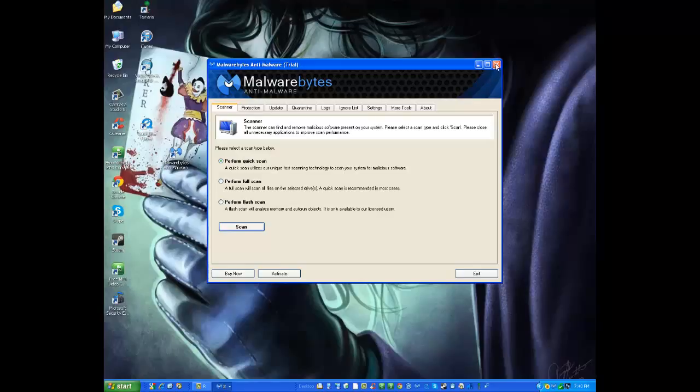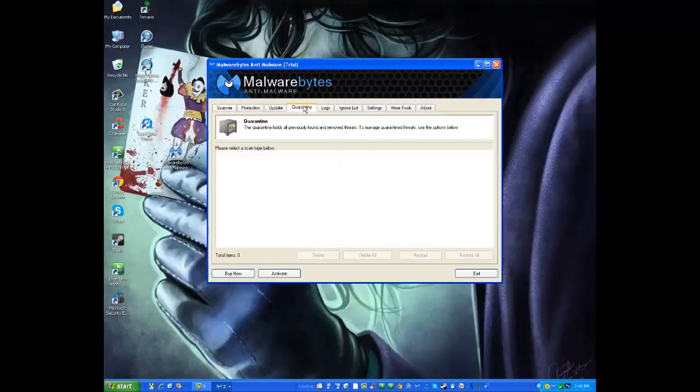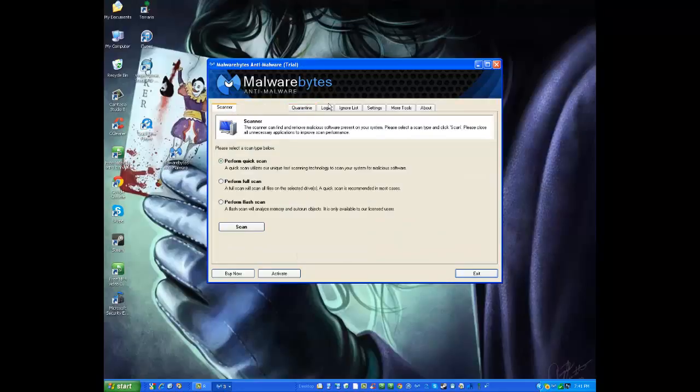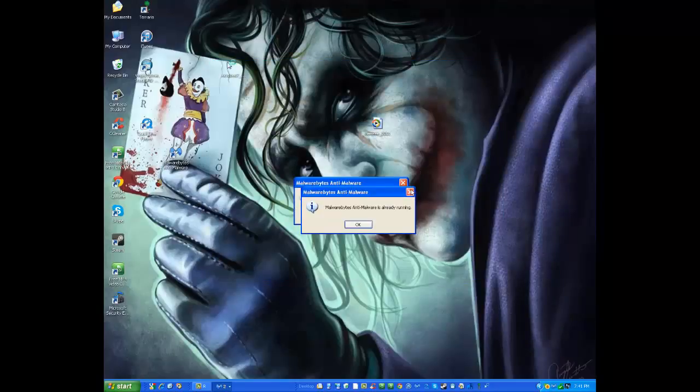But once it's done, if it finds anything, it'll let you know, and you'll be able to remove that. And then once you remove it, you'll find it in the quarantine. Now, as you can see, I have no items in quarantine. And basically, it'll say you can delete the virus, you can delete all, you can restore all. So yeah, basically that's what that's for. You just go ahead and do the scans, like I said, do them once a week. That's what I do, and it works pretty well, especially if you have Microsoft Security Essentials, which I'm actually going to be